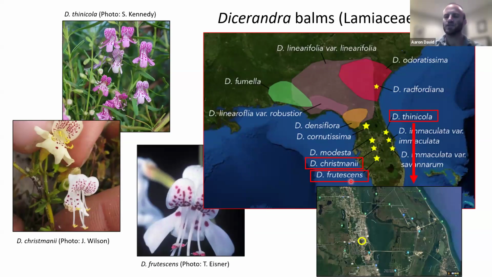And I mentioned this incredibly restrictive range. This is an example of Thanicola. So it's found in Titusville. This is the city of Titusville here. Over here is Merritt Island, and Space Center is over there somewhere. And where I have that yellow circle is roughly 85 to 90% of all known plants, found right there in the middle of the city of Titusville. And that's pretty much it. As far as wild populations go, there are a few other scattered ones, but that's how restrictive of a range we're talking.